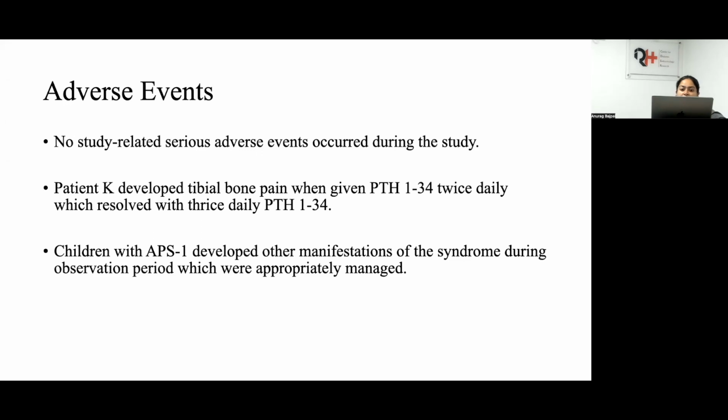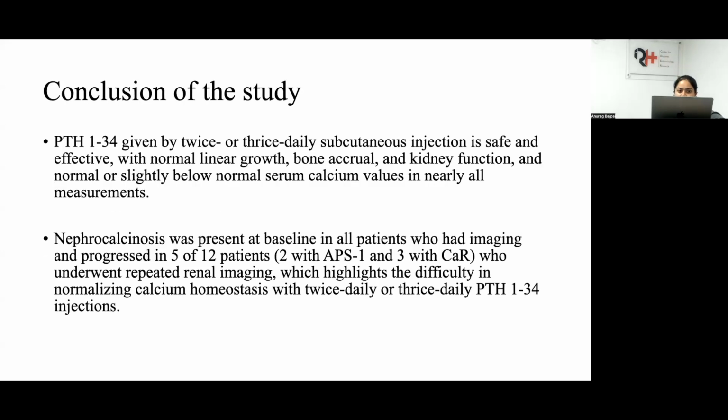And no study-related serious adverse events were noticed during the study period. One of the patients developed tibial bone pain, for which the dose was changed from twice to thrice. And children with APS1 continued to have on and off complications because of the inherent disease itself. So in the conclusion of the study, PTH given twice or thrice daily subcutaneous injection was found to be safe with